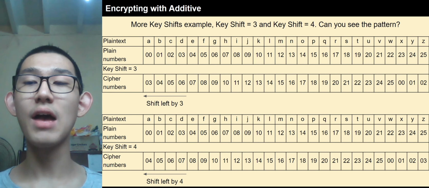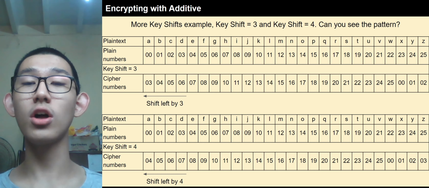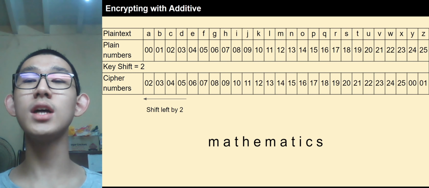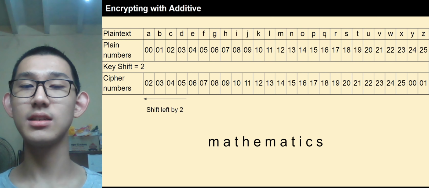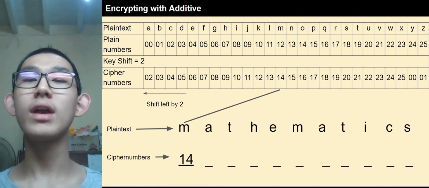Here are some examples of cipher tables with different key shifts. The table above has a key shift of 3 and the table below has a key shift of 4. Do you see a pattern, and more so, do you understand the concept? I hope you do, as we shall now use the cipher table with a key shift of 2 to encrypt the word mathematics. Mathematics is in plain text, and referring to the cipher table, we can see that the plaintext